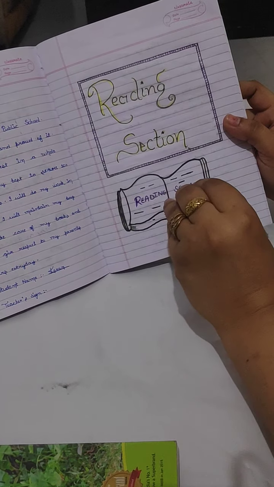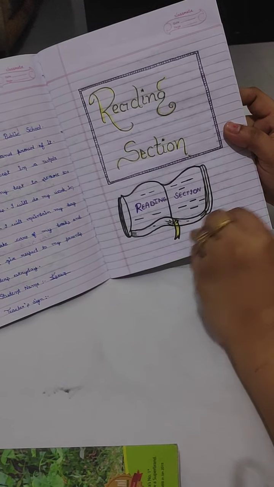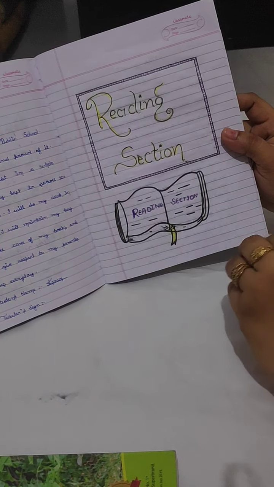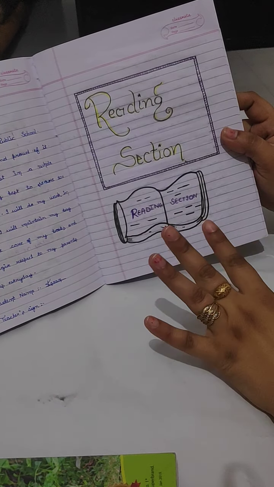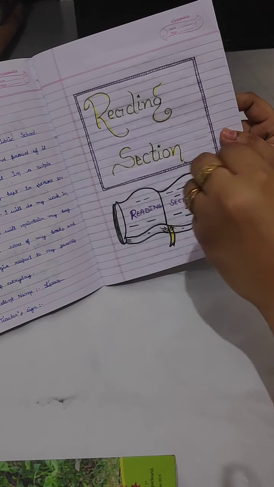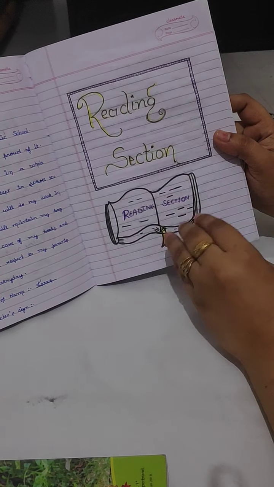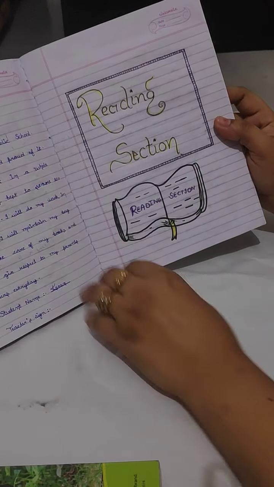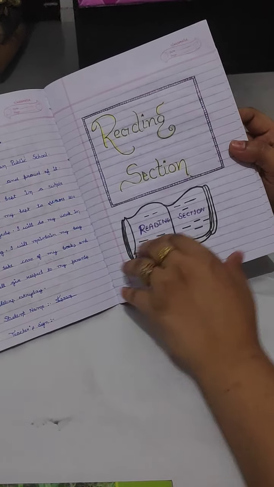It's up to you. If you want to make any drawing, any different type of sketch, then you can use your material, but you have to write here reading section. Okay, you can see here reading section. Okay, next,